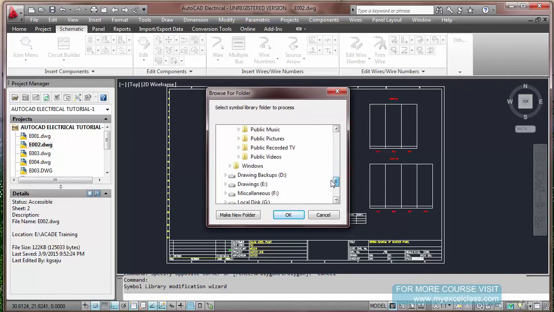I'm not going to do it here, but I will show you. It was in drawings, AutoCAD training, drawing here. You just select this particular directory and click OK.